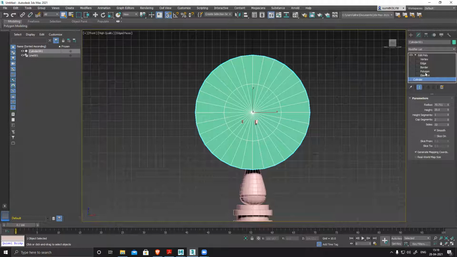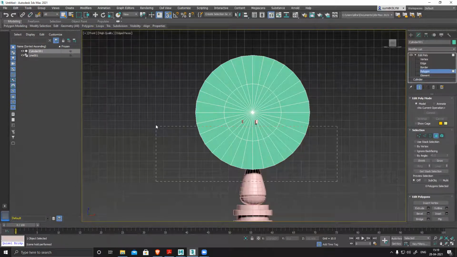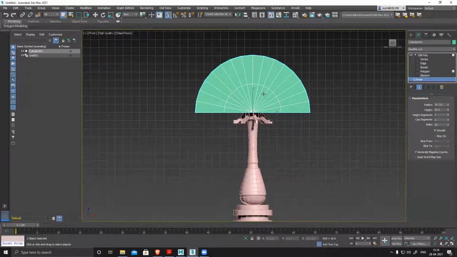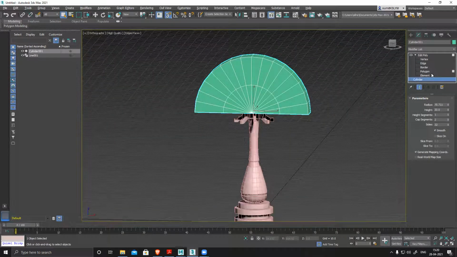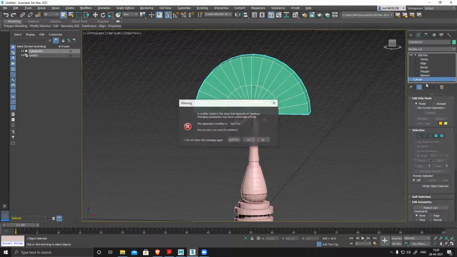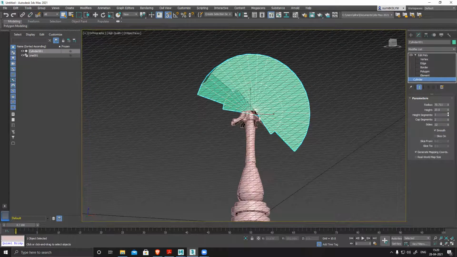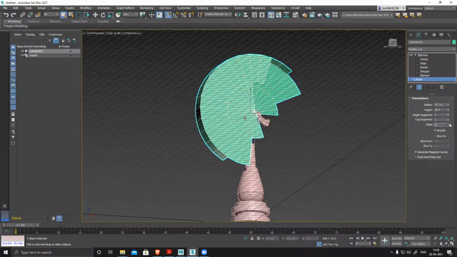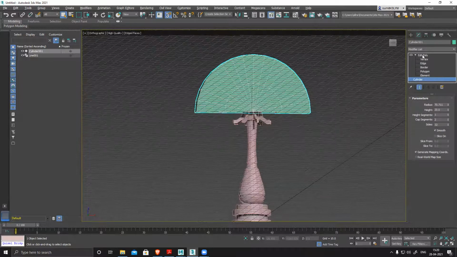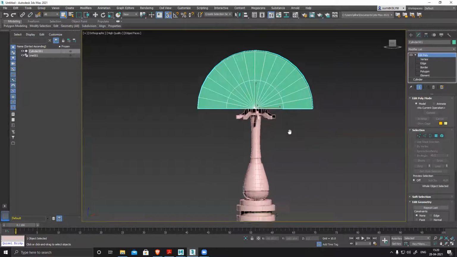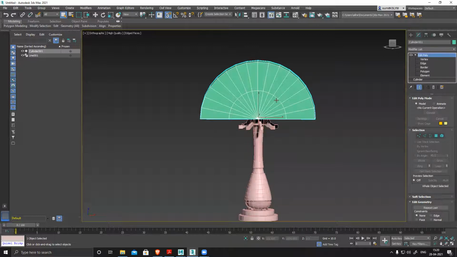So let's go to polygon mode, select half of it and delete. You can see it's in the cylinder; if you go back, you have the entire polygon. Let's just click this first. So you can see it looks empty, but actually everything is still there. Make sure you use this. Now I have created half of this thing, and I want to move this circle to the front.